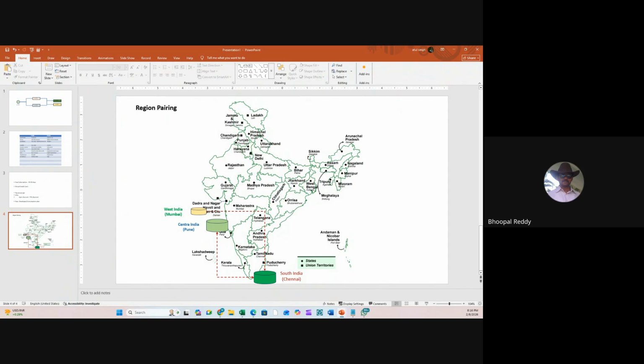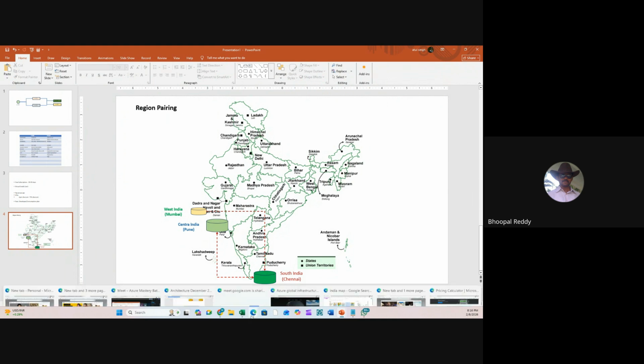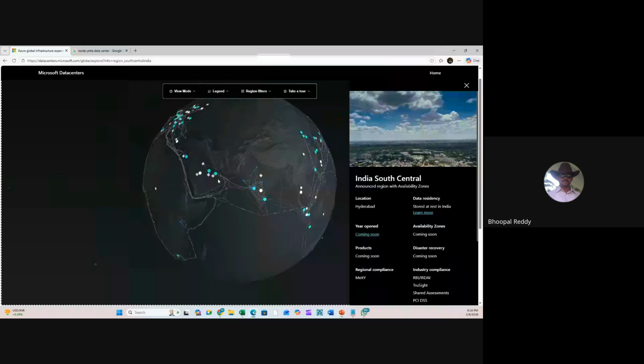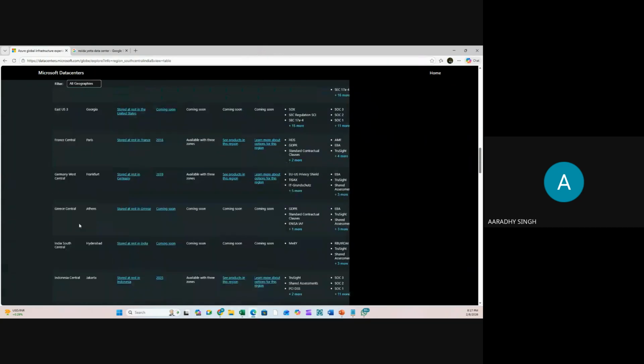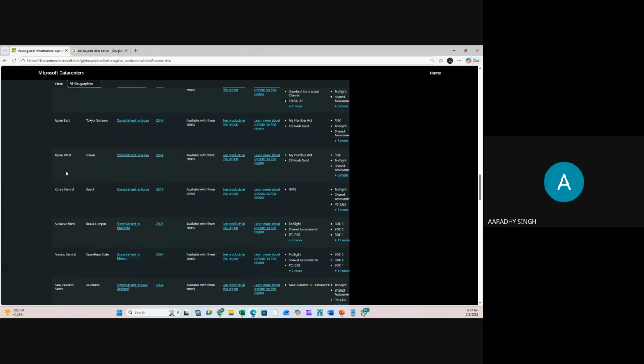If Japan is a small country, let's assume there's only one data center inside Japan. In that case, how will the region pair happen? Very good. Japan East, Japan West.